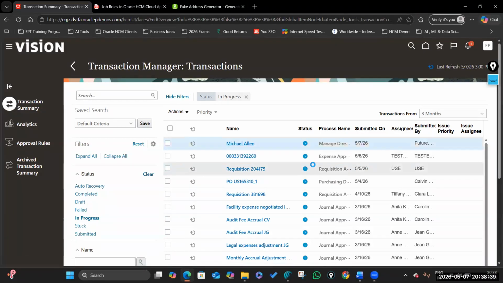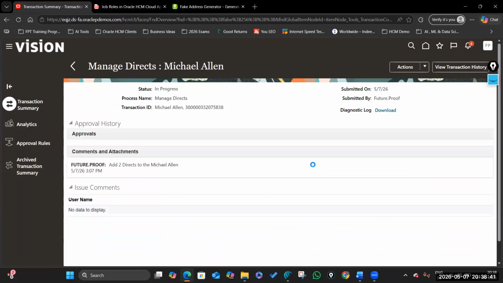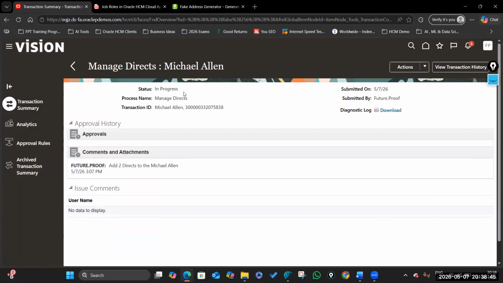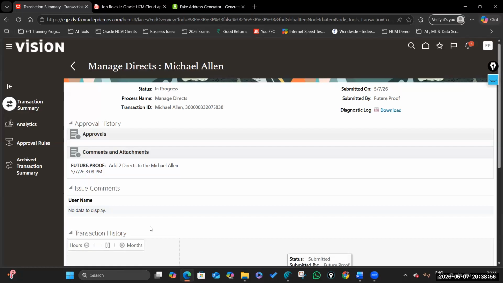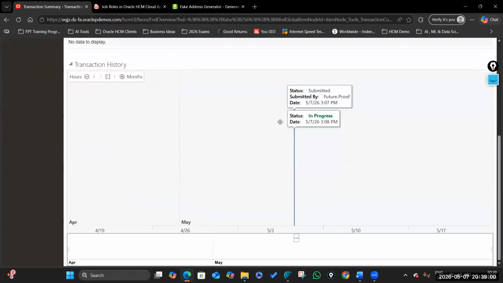Let's see the transaction here. Add 2 directs to Michael Allen. It is still in progress. Just click on view transaction history. Sometimes it takes some time. If it is late, just click on transaction history. Automatically it will be completed. Or if it is taking more time,